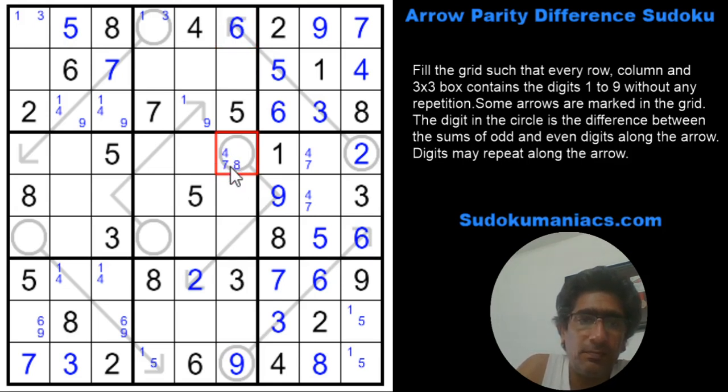Now, if this was a 7, I would require only one odd digit along the arrow, right? Just like we saw here. So this would have to be an even number because we already got the 9. The only even possible is 2 and 4. But the difference with 9, even if this was a 2, 2 plus 2 is 4, and the difference with 9 is 5, which does not satisfy the constraint, right? So I know for sure the 7 cannot be there, which basically means now 4 and 8 both are even numbers. So this has to be an odd number,